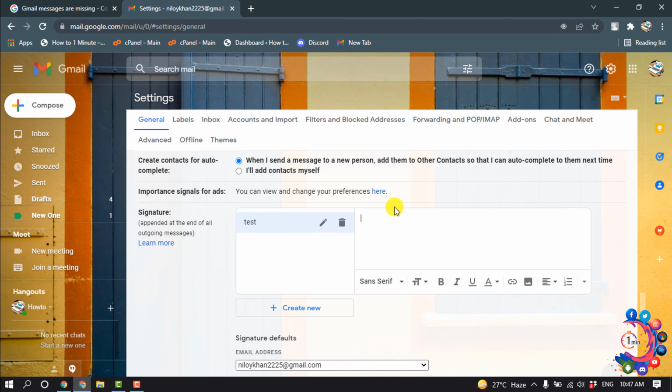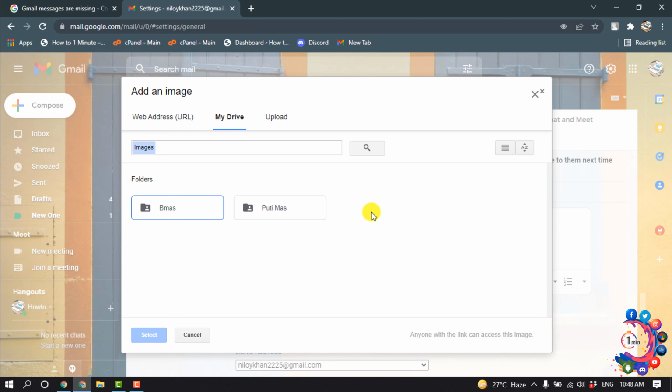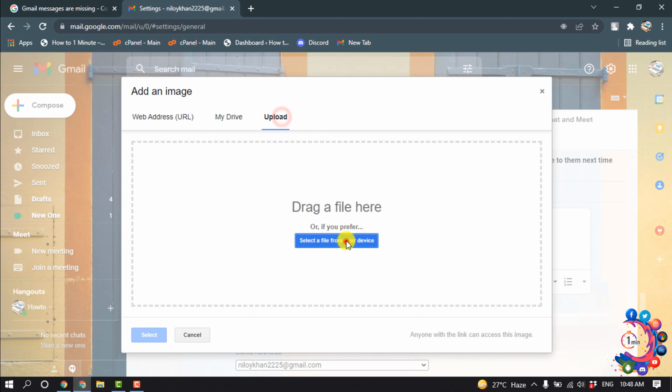Now we need to make the signature. So I'm going to make this signature, and I'm going to add the details. And I'm going to make this text bold, and after that you can insert a link from here. I'm going to insert the image for my signature, upload,